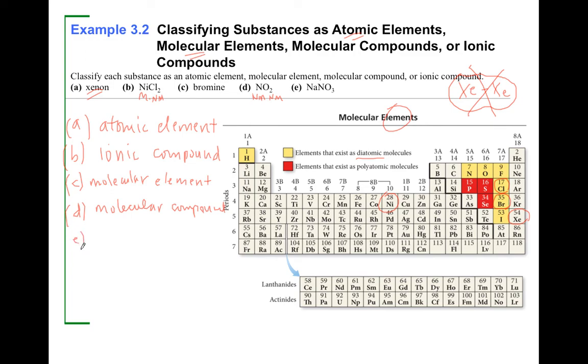Okay? And then finally E. All right, so here I've got a metal. I see more than one element, so it's going to be a compound, either ionic or molecular. I see a metal here, and I see nonmetals here. Right? Do you see metals and nonmetals? If you do, it is ionic. Okay, and there we go. I hope that's